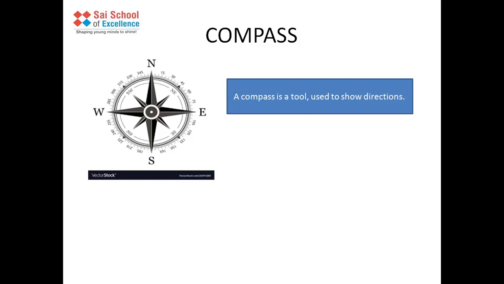It looks like a watch, and the needle of the compass always points towards the north. Sailors use a compass to find the way in the huge and deep oceans. There are no signboards for directions. So they sail all around the world with the help of the compass. If they get lost in the ocean, then they look for the north with the compass and they understand the other directions and their correct position.